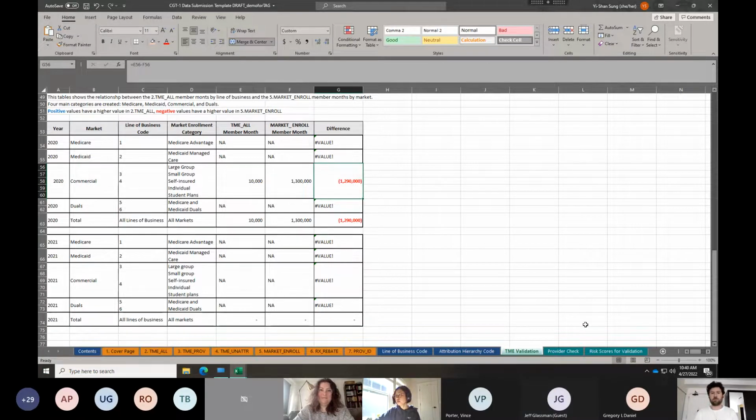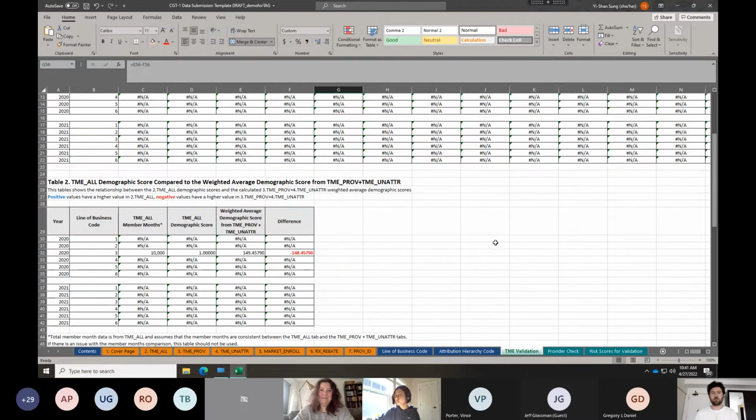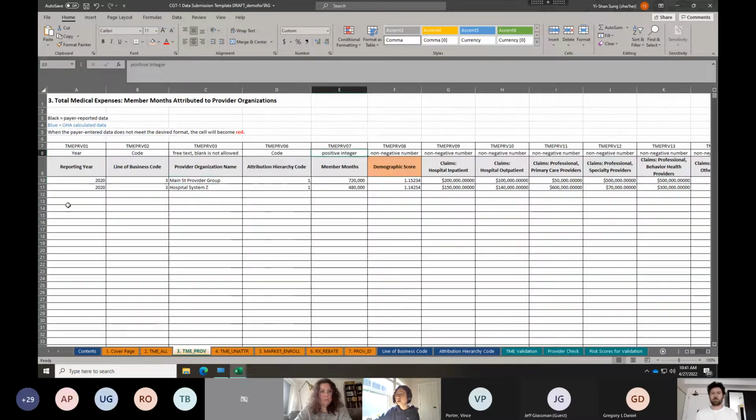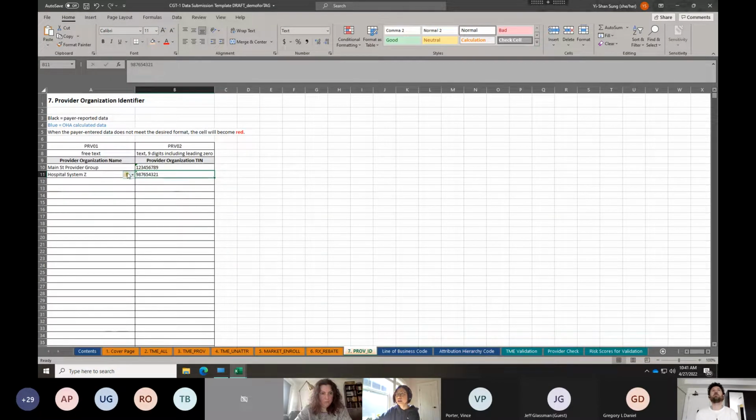If not, I'm going to move to the provider check. For this tab, we are trying to see if the provider organization names you report in the TME Prof also show up in the provider ID tab with the team associated with that. In this case, we have two provider organization names here, and both are being reported in the provider ID.